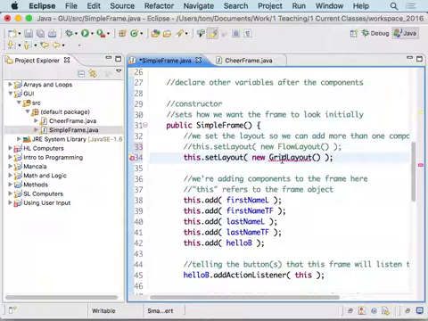All right, so GridLayout needs to be imported just like FlowLayout does. All right, so I'm going to do Control-Shift-O to import that. And then the other thing that I want to do is I want to tell it how many rows and how many columns I want. So I want, in this case, 3 rows and 2 columns. And then when I run this,